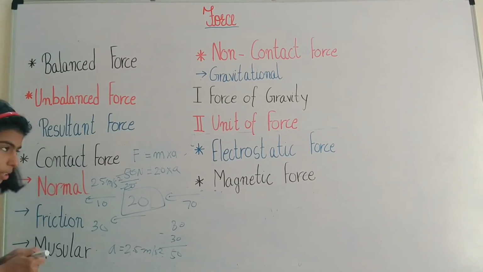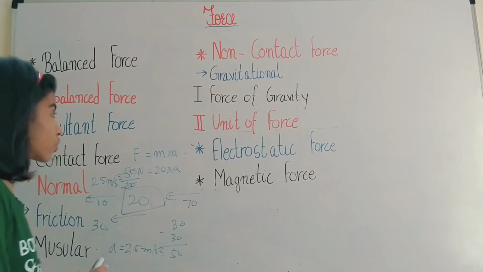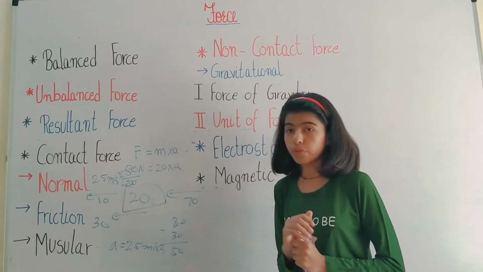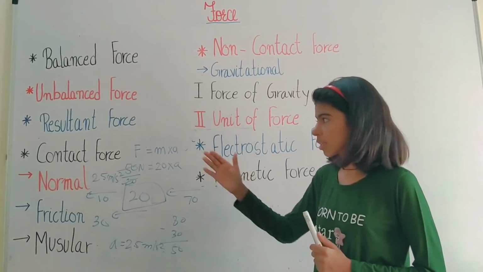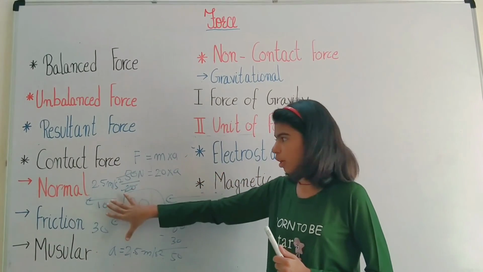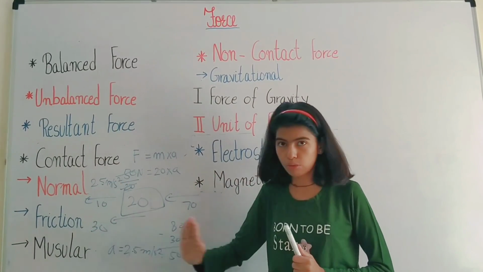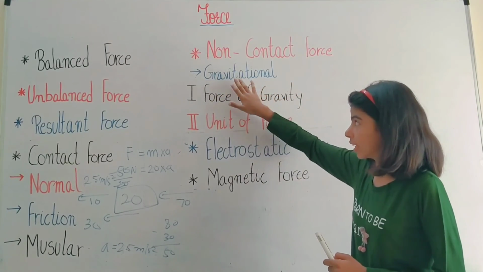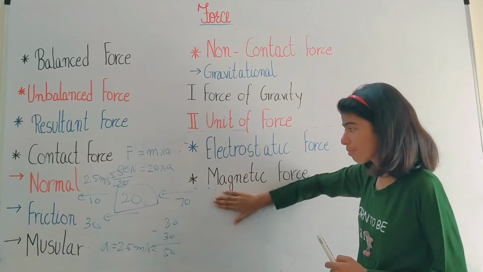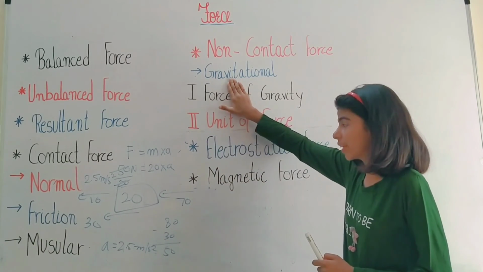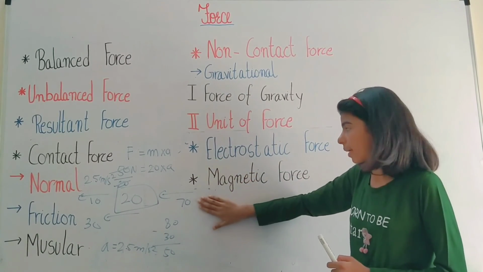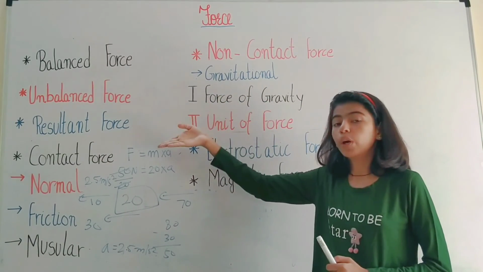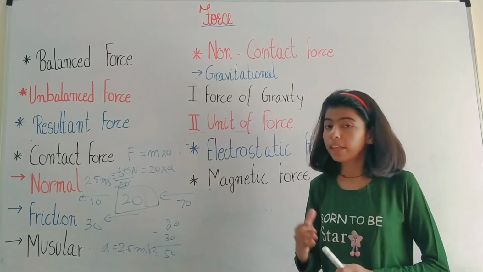So friends, in this video we have discussed what is balanced force, what is unbalanced force, what is the resultant force, what is contact force, and there are three types of contact force, which are normal, friction and muscular forces. And then non-contact force, and there are three parts of it, which are gravitational force, electrostatic force, and magnetic force. And in between, what is the force of gravity and what is the gravitational unit of force in both SI unit and